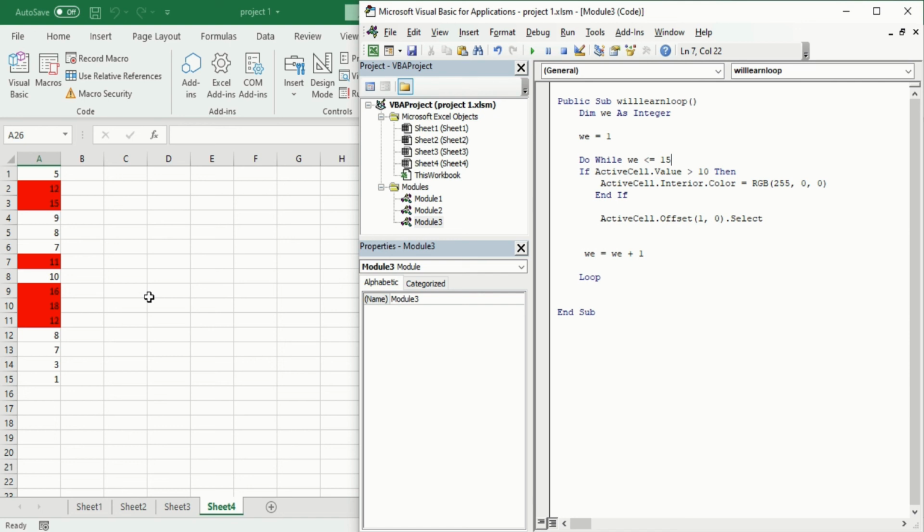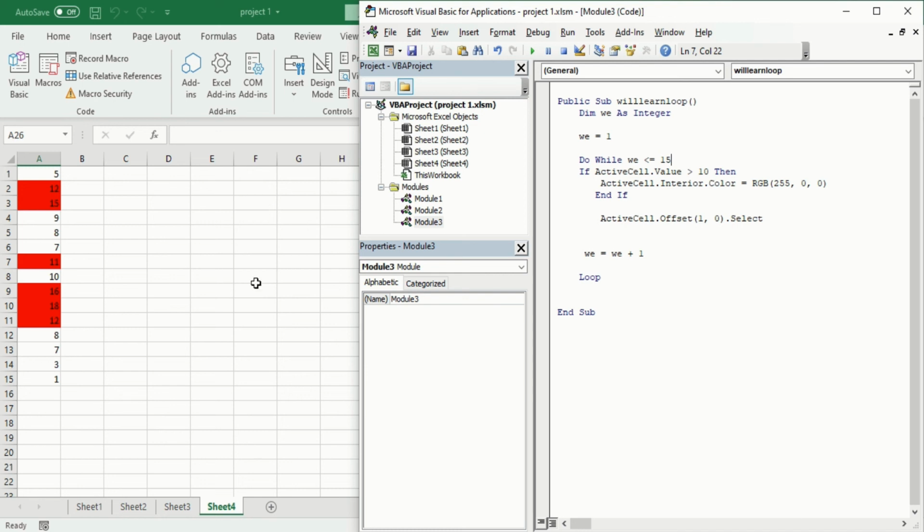So maybe there are certain things you do wrong in the starting, but if you practice this properly and do a little bit of experimenting with it, like in my case, I forgot to put the 15 in here. If you put 20, you will put something for the 20, and if you make a mistake, you will learn from it and you won't repeat it in the future. So basically do an experiment with it, do a little exercise with it, and you will be thoroughly good at creating a loop in the Visual Basic editor.